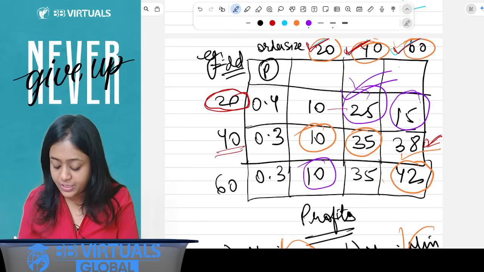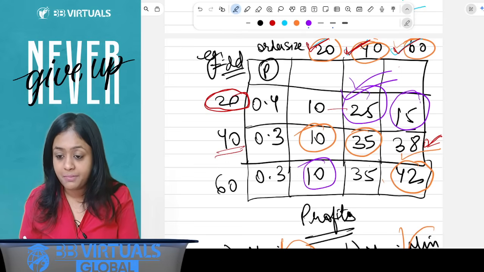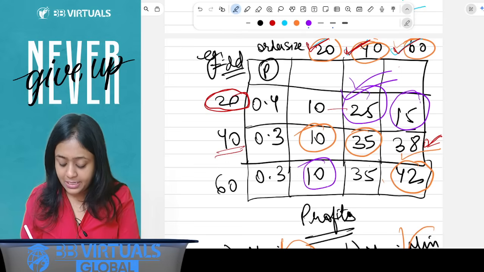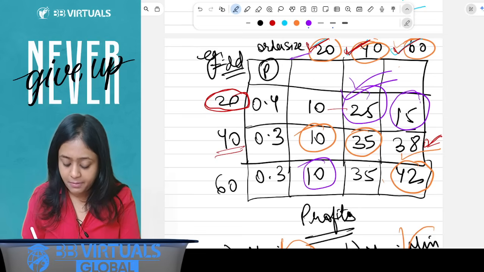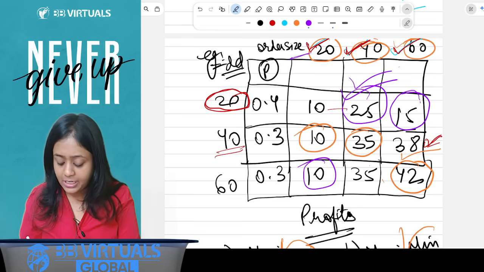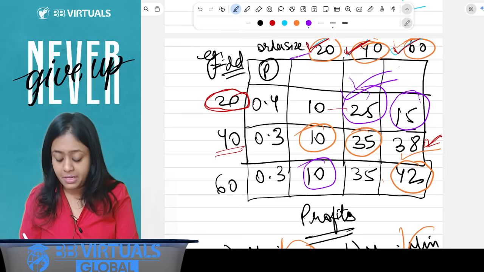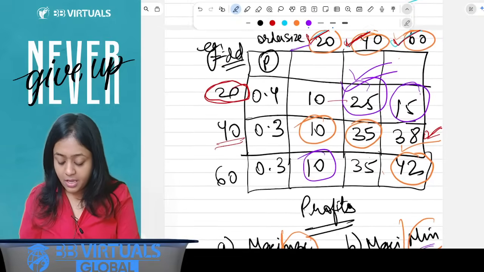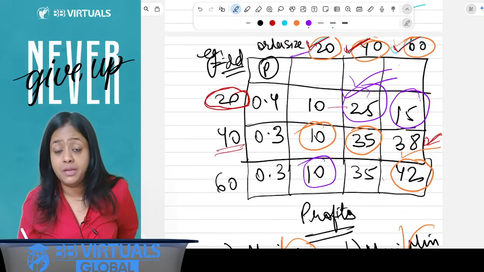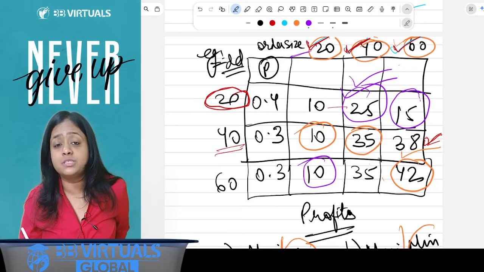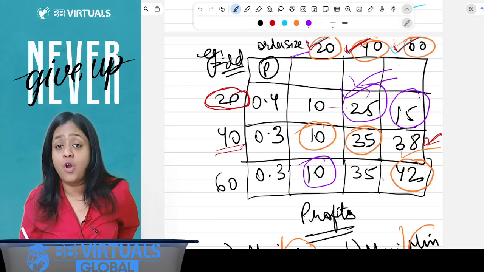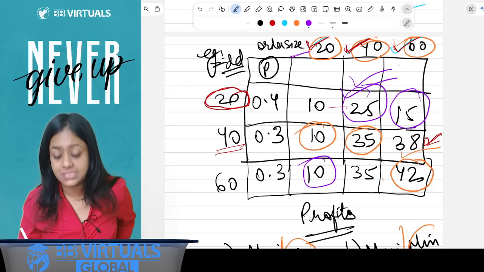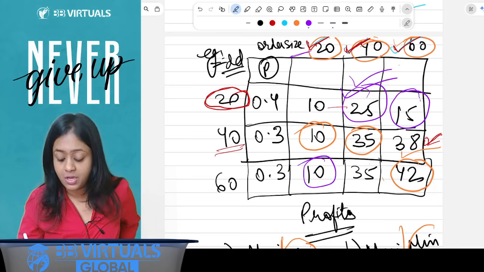Here, minimum is 15. For 40, the minimum is 25. And for 20 order size, the minimum is 10. 15, 25, 10. The minimum is 10. But he's a risk averse person. What is the formula that we use? Minimum, and from all the minimum returns, he will choose the maximum of that. So what is the maximum return of all that? 25. So he would go ahead with